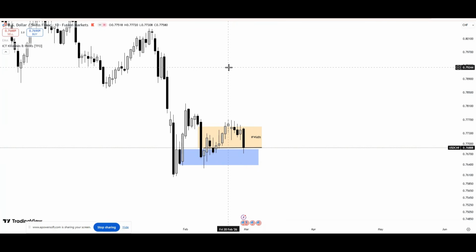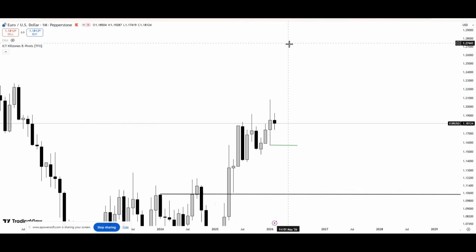As long as you're trading dollar, your leading indicator is the dollar index. So you want the dollar index to give you the direction that you're likely to see for all major pairs. And then you know if a pair is positively correlated, you know what to expect. And if a pair is negatively correlated, you also know what to expect. So let's look at Euro USD.